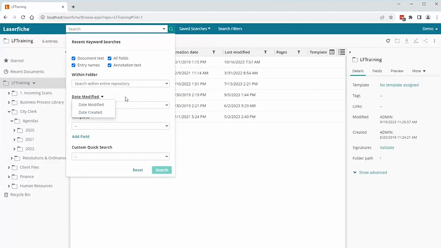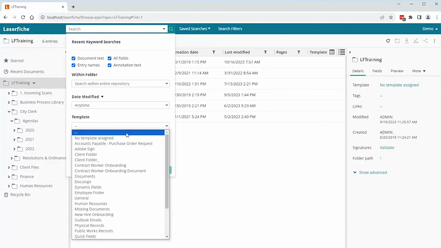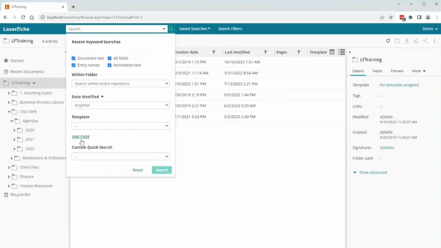In the advanced search, you can use both at the same time. In this quick search, you can only use date modified or date created one at a time. But it does have some filters. You can create a custom range to search by as well. You can also search by a field, or a template, and or a field individually. Just type in your keyword